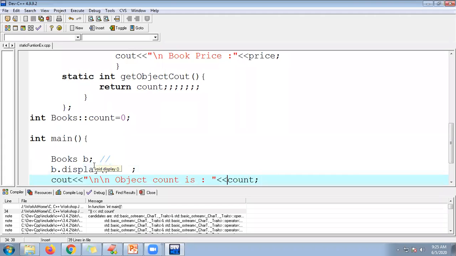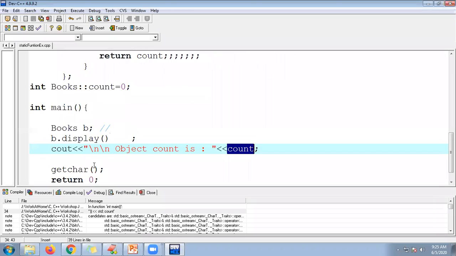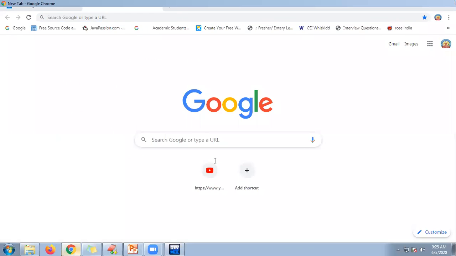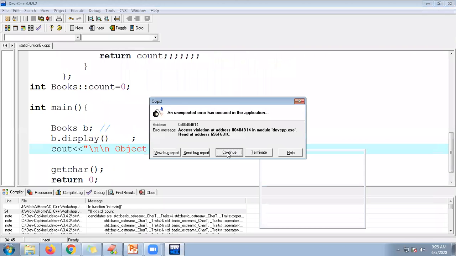Now I want to get this count, guys. Look at here. What I said to you, I want to call this count. As I said to you, if you want to access any static properties, we can use the class name. So books, scope resolution operator, count.